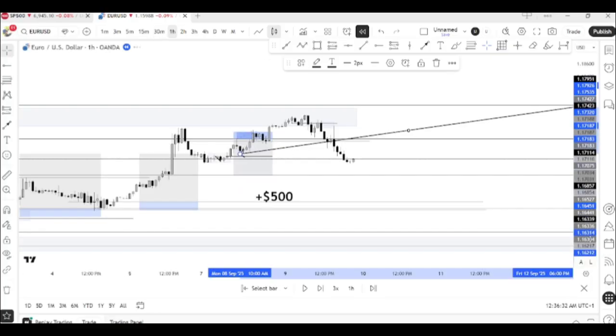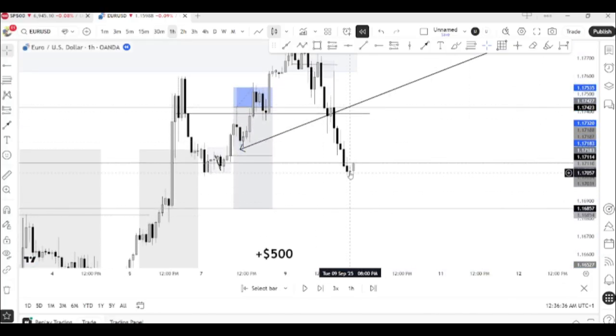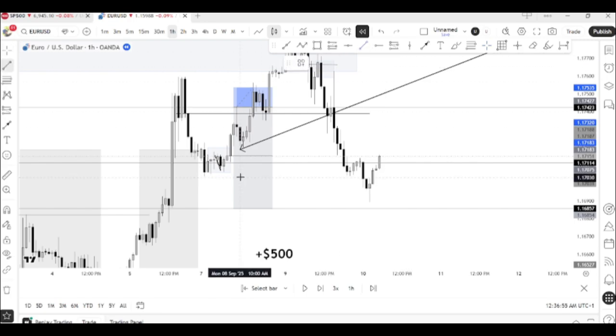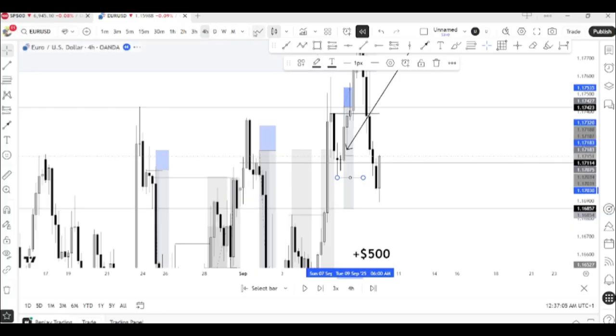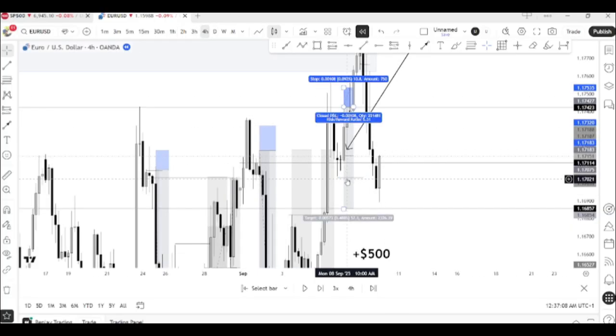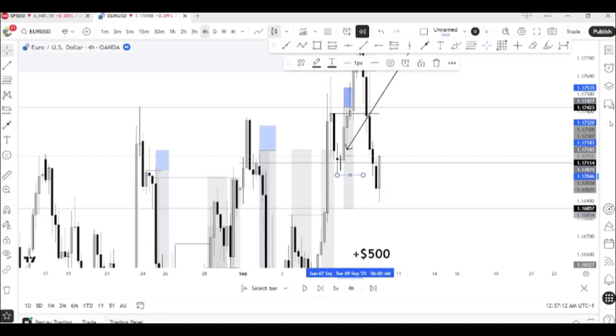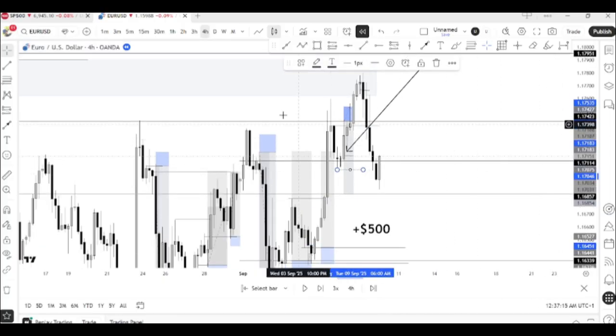So let's just go back to 1 hour. Okay, so let's look for a way to take a buy from here. You see that the low has been swept. This was the low that I was saying is a one leg move. If you go to the 4 hour time frame, you see the low. So it's a one leg move, and now we're looking for buys from this zone here. So